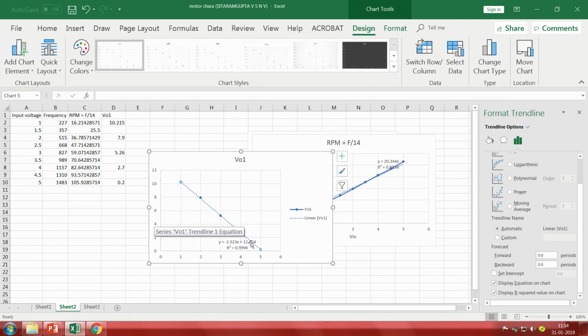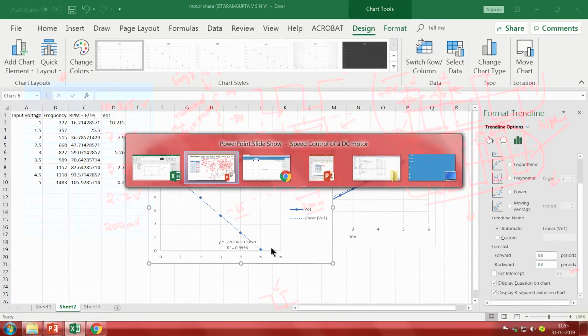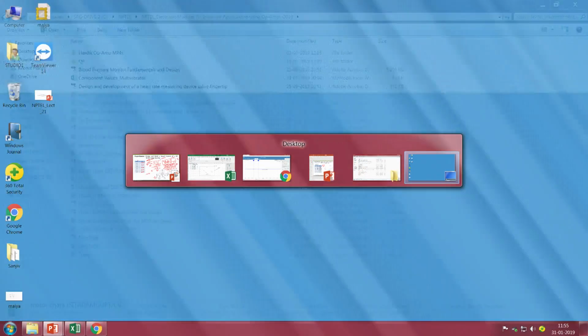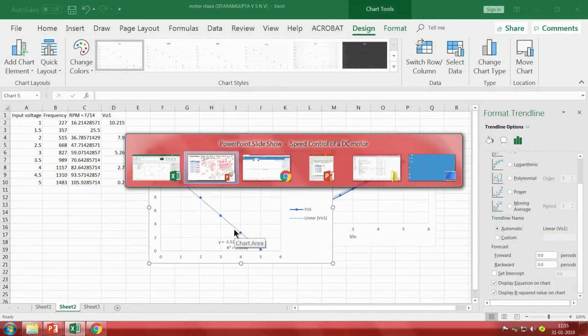But what we require is the mapping factor of 20 RPM per 1 volt. For every 1 volt we have to get an output of 1 volt, but here we got minus 2.53 x plus 12.84. Let me write it down: minus 2.53 x plus 12.84.